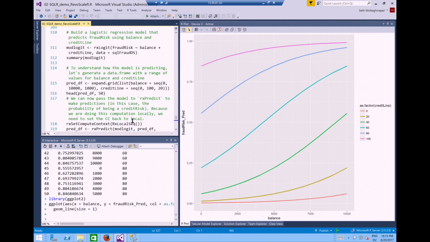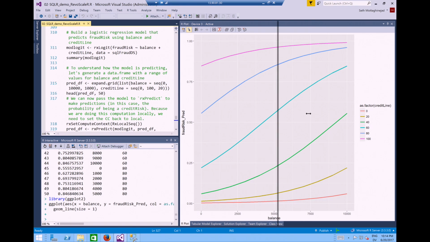Not that it doesn't help you, but this model says if your debt is low, then my prediction is going to be low across the board, regardless of your balance. By the same token, if your debt is high, then once again, regardless of your balance, the prediction is high across the board. The really interesting ones are probably the three lines in between, where we can see some kind of relationship going on. If you have moderate debt, then higher balance means you have a higher probability of fraud risk, and lower balance means a lower probability.